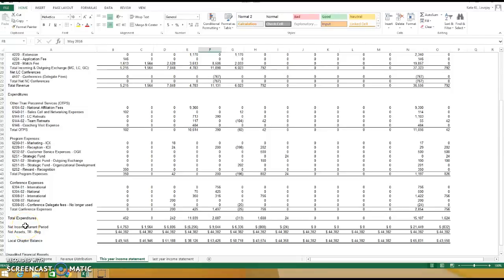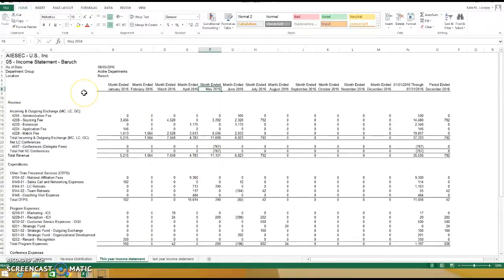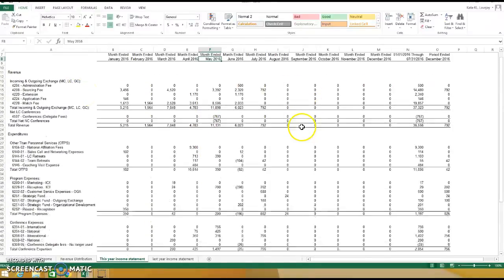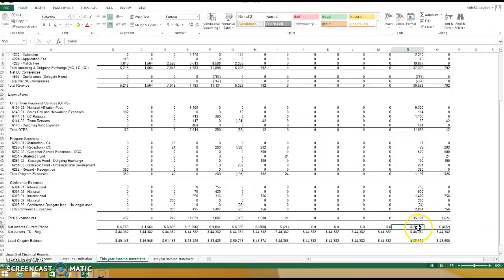Hey guys, so in a previous video I showed you how to find the net income on Intacct. Here I have my net income for the current year in Excel format, and right down here we said 21,449 was our net income. And that's not entirely true, because Intacct doesn't take into account everything that you would need to take into account